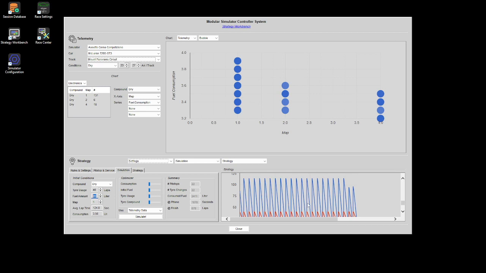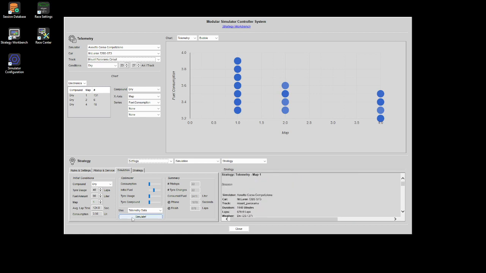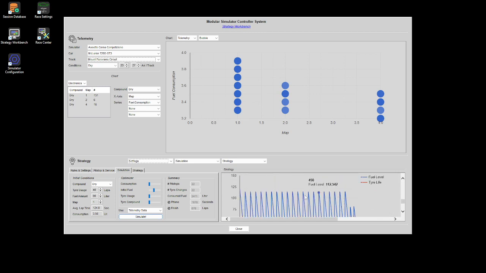But maybe we will try here a different approach. We will tell the optimizer that he can play with the fuel amount and try to resimulate the race. Maybe he will come up with a different strategy here. This will take quite a long time, because now he is going to create a lot of different scenarios with some kind of permutative algorithm. Now it's ready, and as you can see here, he will start with more fuel,